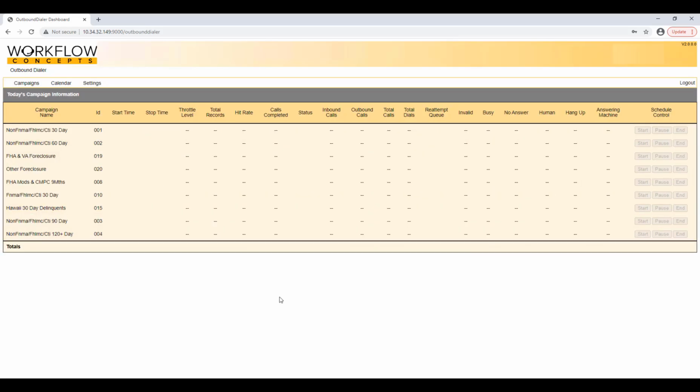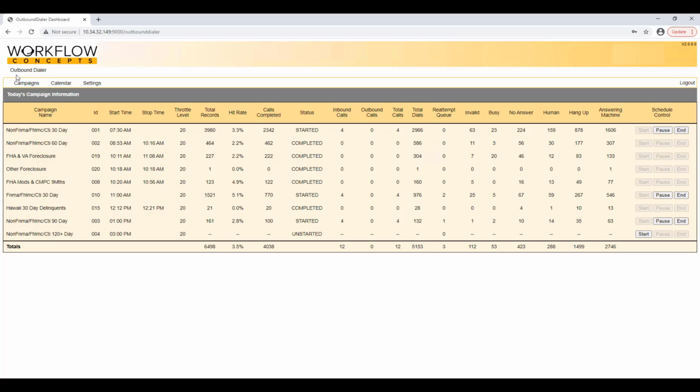We're going to go ahead and log in, and as we log in, you can see in the top left here, Outbound Dialer. We have three buttons up here. One is the Campaigns, that's the tab you're looking at right now. We also have a Calendar tab and a Settings tab here, which we'll uncover a little bit later in this video. Currently, what you're viewing under the Campaigns tab is today's campaign information: the campaign name, ID,